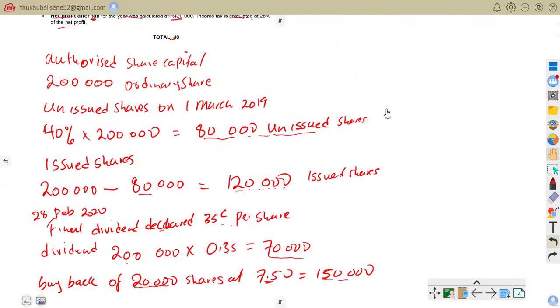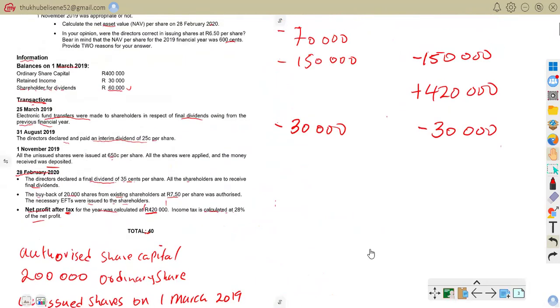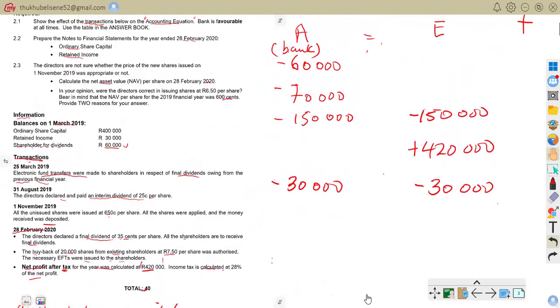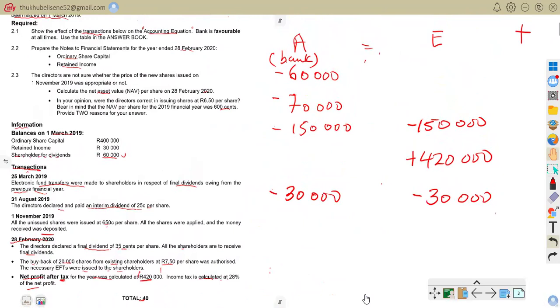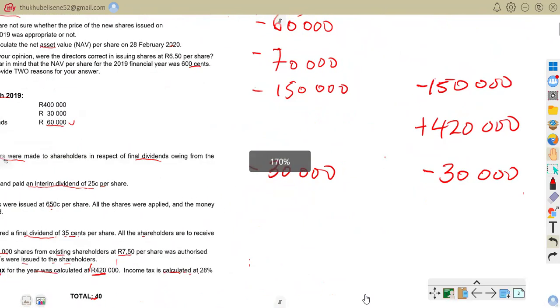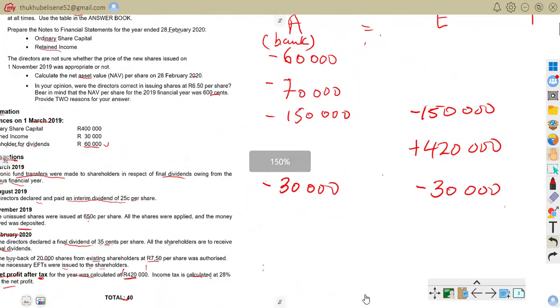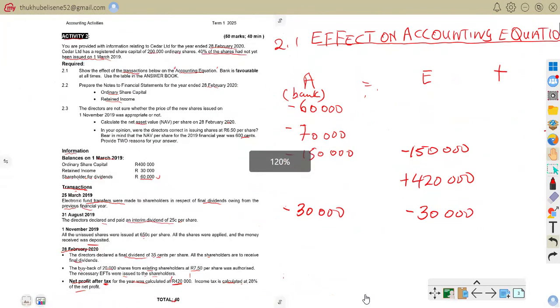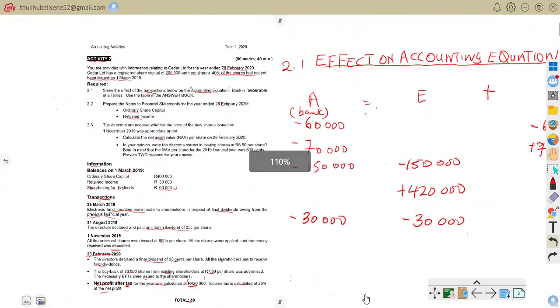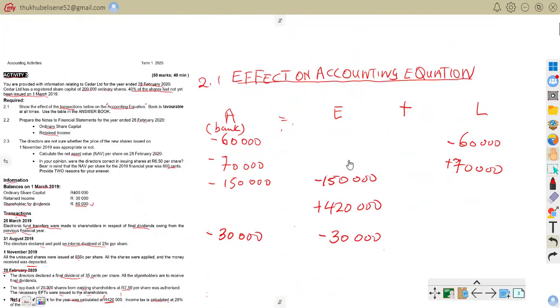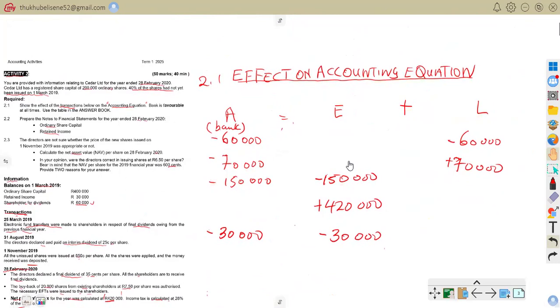So now we go straight to our accounting equation and see the effect of this transaction on our accounting equation. So that is that. So here we are on our accounting equation. So we have said it's how much? 520. Remember, we are receiving it. Us as a business, we are receiving this much. So this is going to